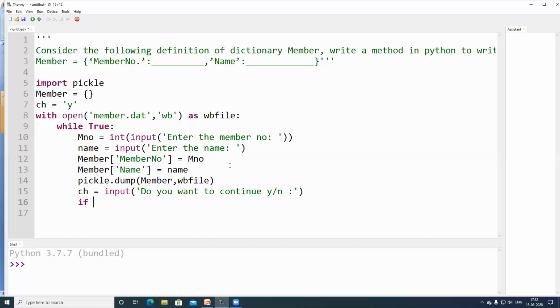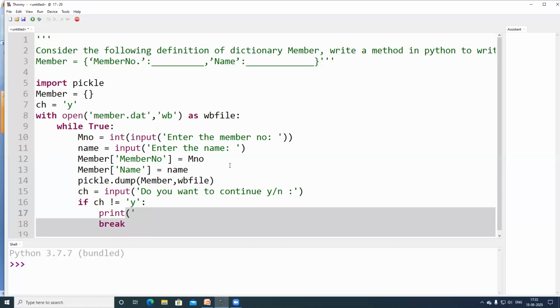If ch not equal to y, that is, if he doesn't wish to continue, just print binary file writing is over.